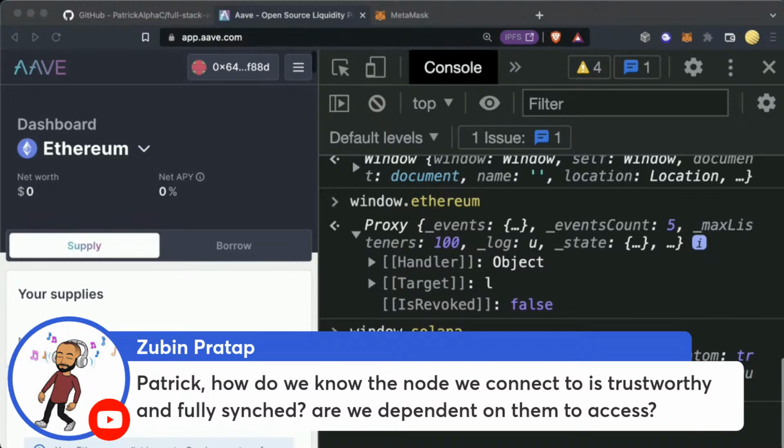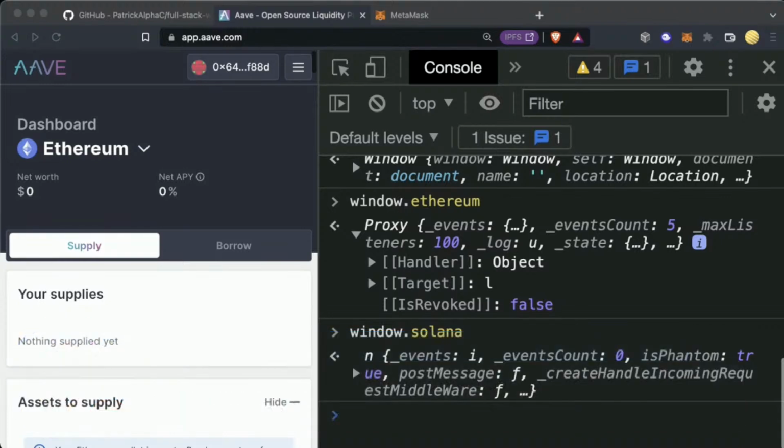So if you don't trust that they're going to do what they say they're going to do, then you could just run your own node. So yes, there is a component of trust where we are trusting them to send our transaction or not. But again, the worst thing that they can do is not send our transaction, right? They can't manipulate our transaction because it's cryptographically guaranteed. They can't send it to some weird place or do some weird stuff. They can only send it where we ask them to send it. Really good question. So we are a little bit dependent on them to access, and that's another reason why having your own node can be incredibly powerful.